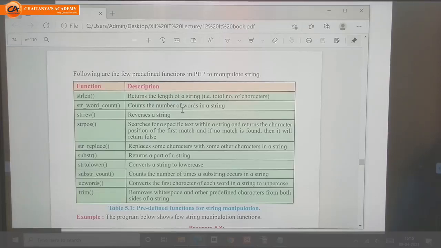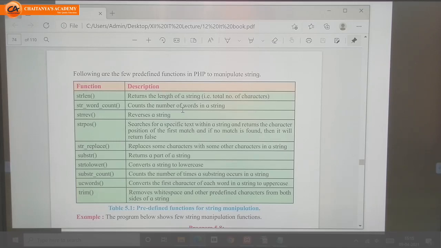Hello students, in the previous lecture of server-side scripting, we have seen sample examples in PHP to see the use of variables, the use of comments in PHP, the use of control structures in PHP, that is the if statement and if else statement, and the use of loop structures in PHP, that means for loop and foreach loop. The use of foreach loop we will see with the help of an array.